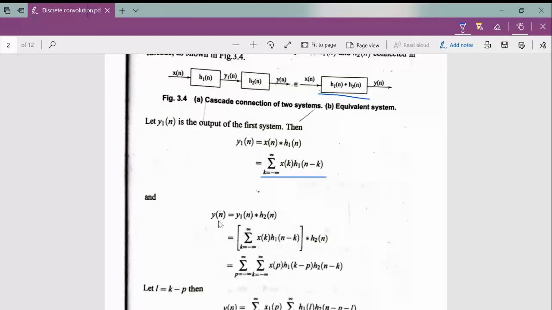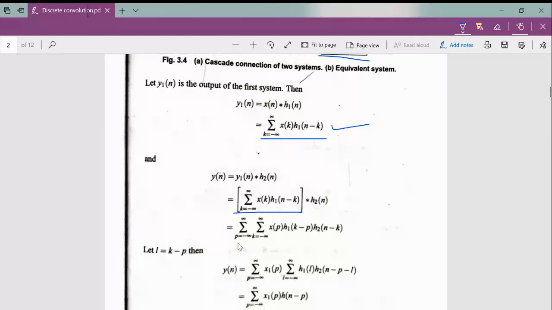What about the second system? The output of the second system is y of n, and the input is y1 of n convolution h2 of n. The input is y1 of n, and the total system response is y of n equal to y1 of n convolution h2 of n. So we know what y1 of n is, and we are writing that here and applying that convolution. We are expanding this convolution, and we are taking